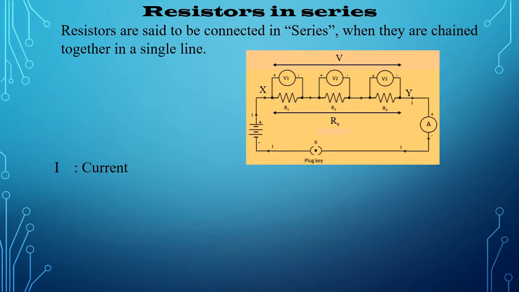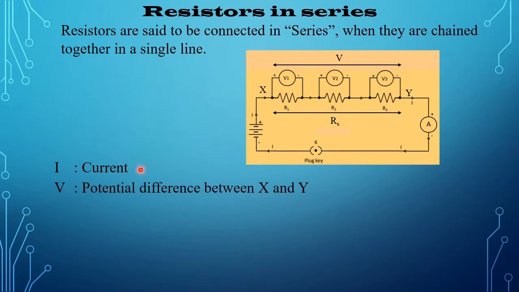Since all the current flowing through the first resistor has no other way to go, it must also pass through the second resistor and the third resistor, as it can take only one path. Therefore, the amount of current that flows through a set of resistors in series will be the same at all the points in a series resistor network. Hence, let I be the current here.